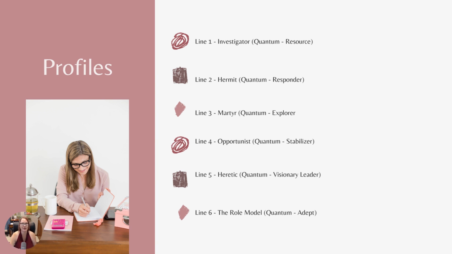We need to know that everybody's okay. The people we love, we have to make sure that they're okay, they're safe. But in our best form, we stabilize the group. We are organized. We have some control, but we know when to let go. We know when to prepare and we know when to let go of that preparation. So this is a beautiful place, a line four. Not that I'm biased because I'm a line four, but and everybody has two lines, by the way, just to be clear.